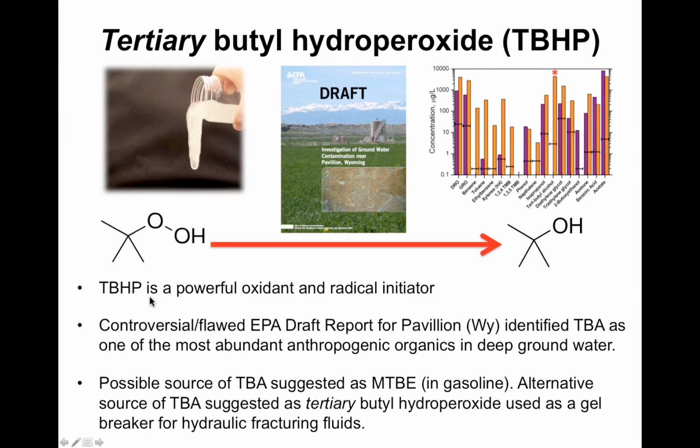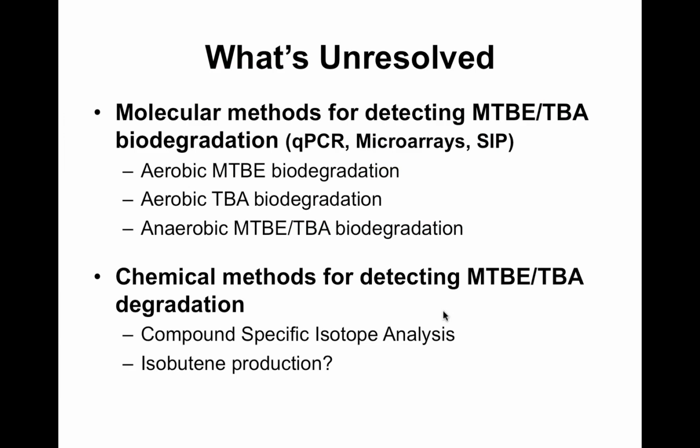And this is an image that I borrowed from the Halliburton website that shows one of their hydraulic fracturing gels. This gel material obviously is not particularly good for allowing free-flowing gas in the environment, so you need to break that up. And one of the ways that you can break it up is to include tertiary butyl hydroperoxide as a gel breaking agent. Okay, so